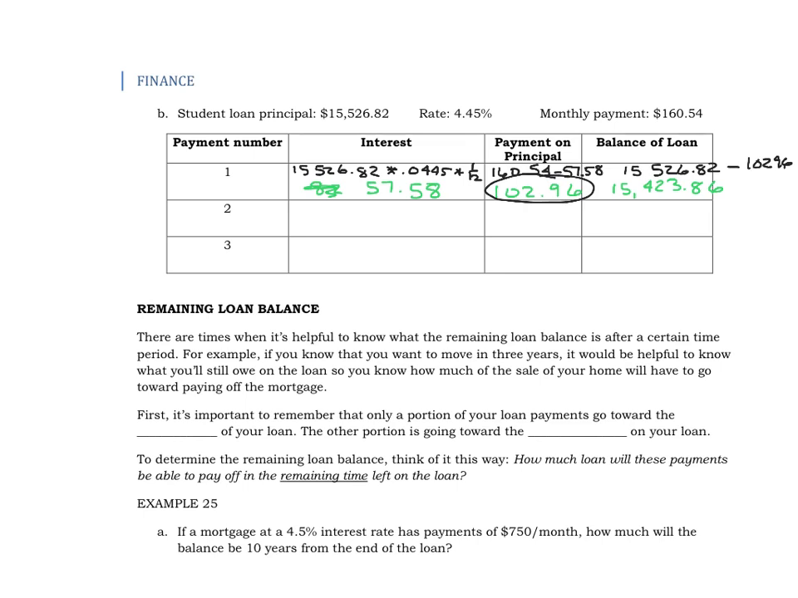So I have $15,423.83 times the 0.0445, and I need a month's worth, and so that will give me $57.20. Now I will take this $57.20 and I'm going to subtract that from the monthly payment, because I want to see how much of that monthly payment is principal by subtracting the interest from it. And I get $103.34,